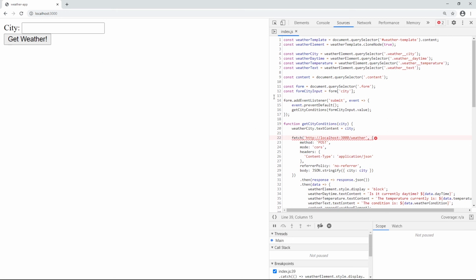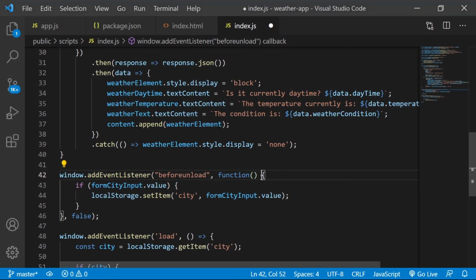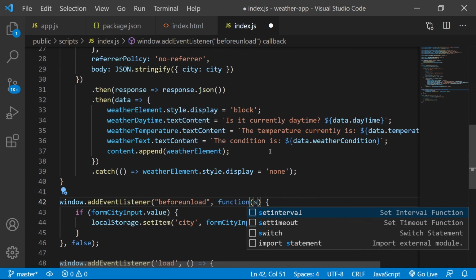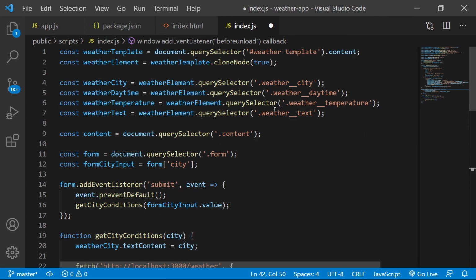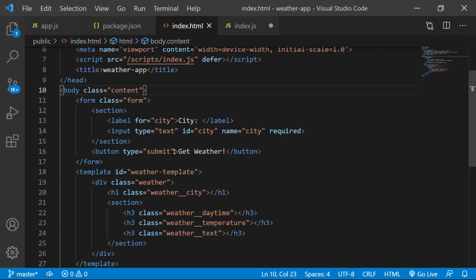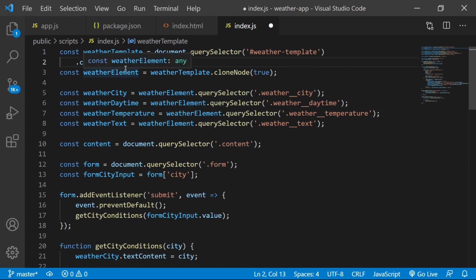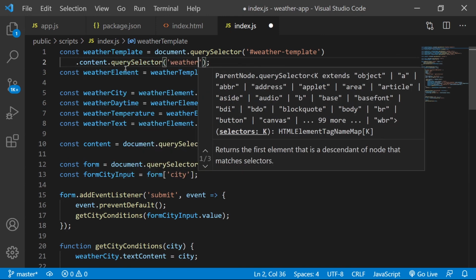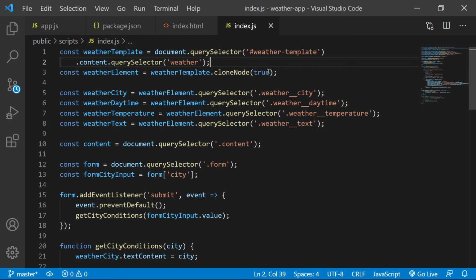Yeah, so what we have to do here, let's actually come back to our content here. See that I don't need this anymore. I just removed this event from here. Let's come back to where our template is. Then in here, we actually need to get access to the weather element. That's the thing that we want to clone. Let's try this again.